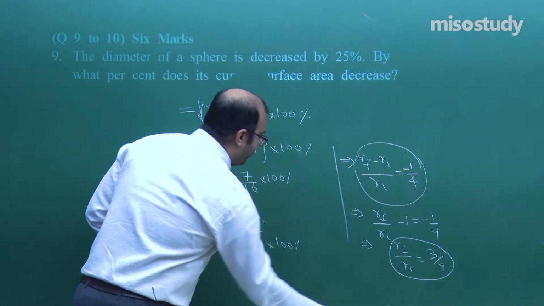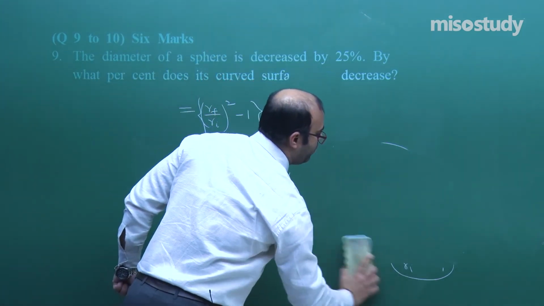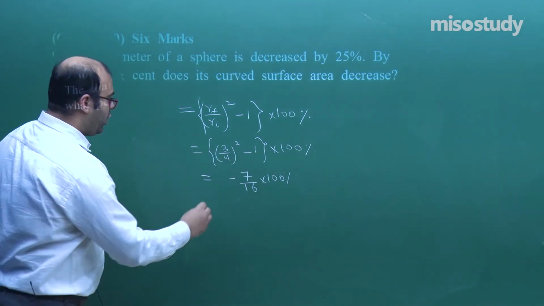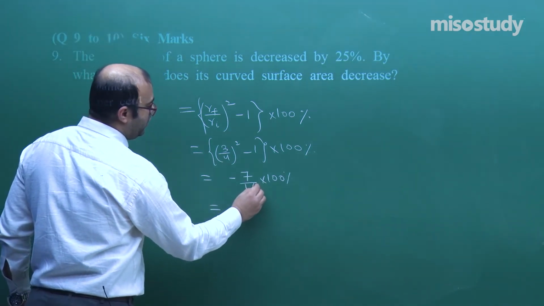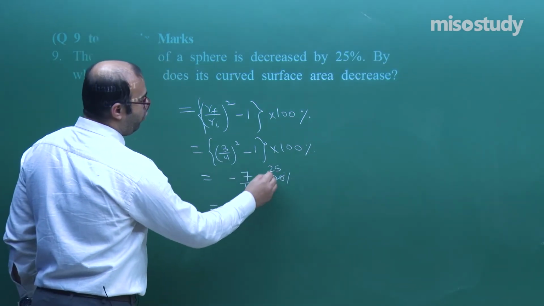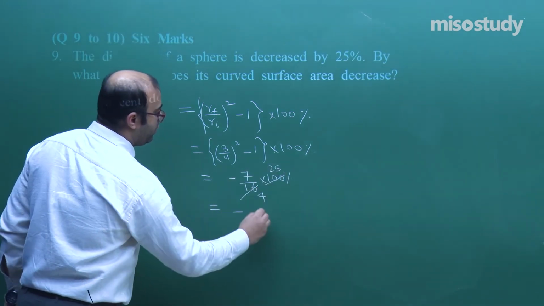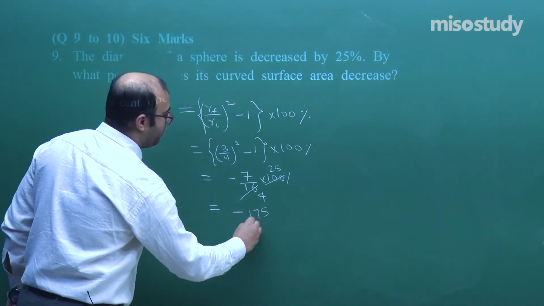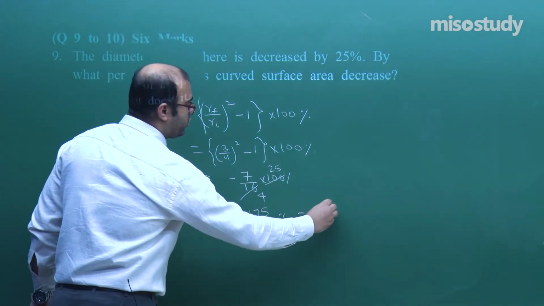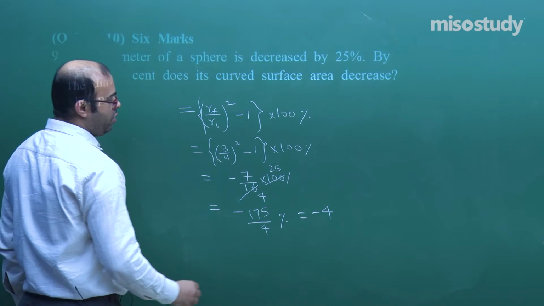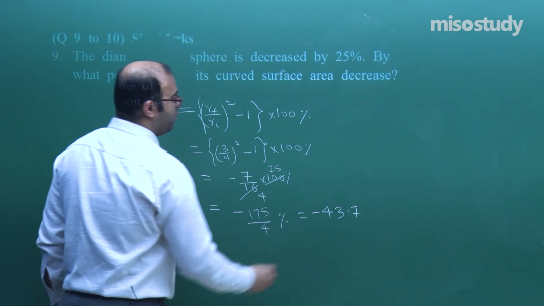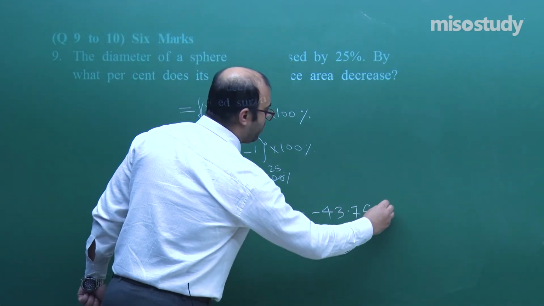So let us finally calculate the answer. The decrease in volume is there because there is a minus sign. Of course, if you decrease the diameter, the surface area will also decrease. So this is 16, this will become 4 4 16, 4 2500. Now 425 into 7 is going to be 2975, that is 175 by 4%. Now let us divide. 4 4 16 and 1, 5 carry, 4 3 12, 3 0 carry, 4 7 28 and 2, 0 carry, 4 5 20%.